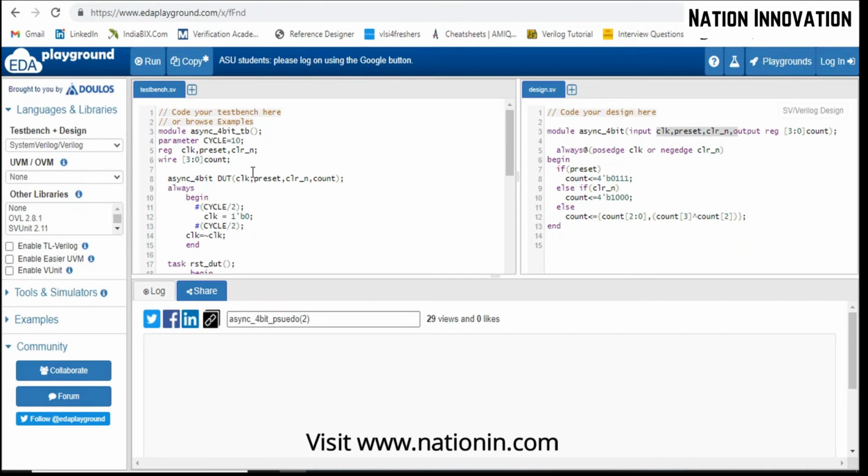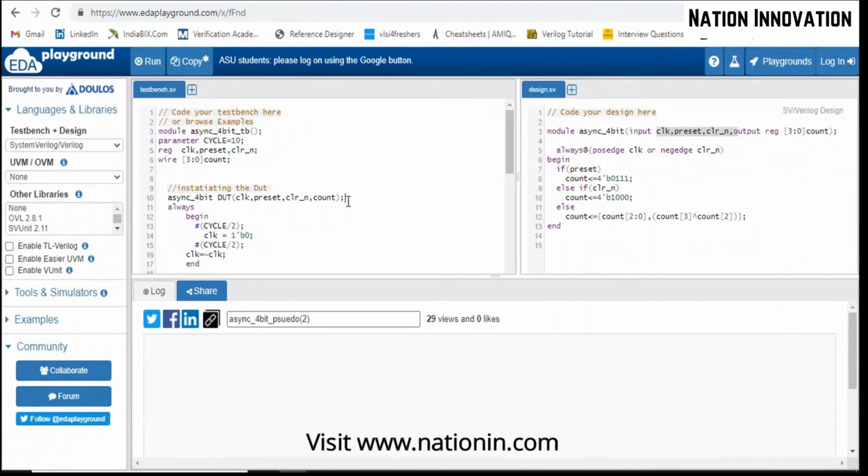Here what we are doing is instantiating the DUT. How is this module going to communicate with this module? There should be some connection. That's why we are instantiating this module here.